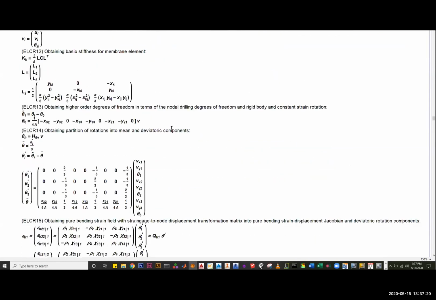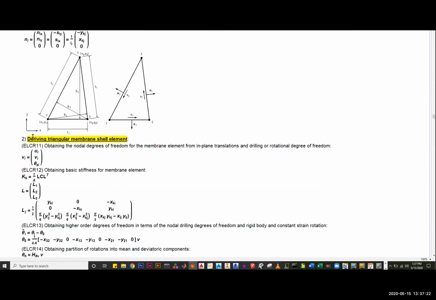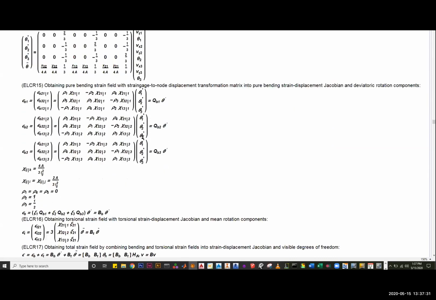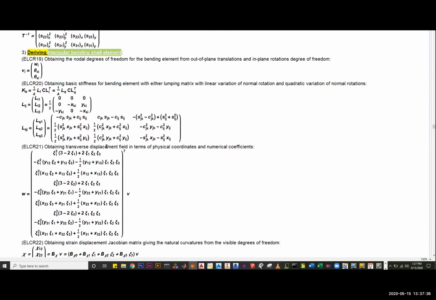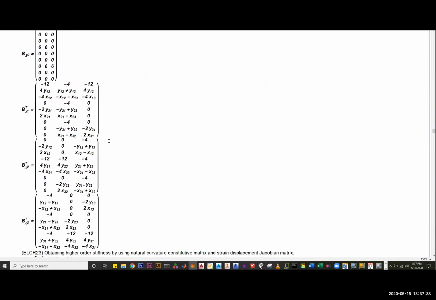Since we're doing shells, you're going to have 2 portions of your stiffness: the membrane, and then your bending. And then in the last part,